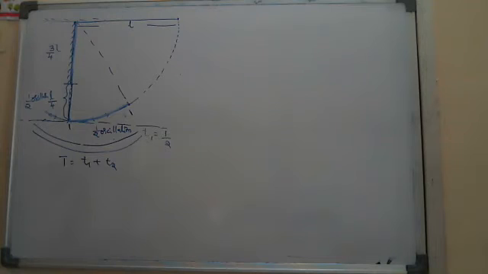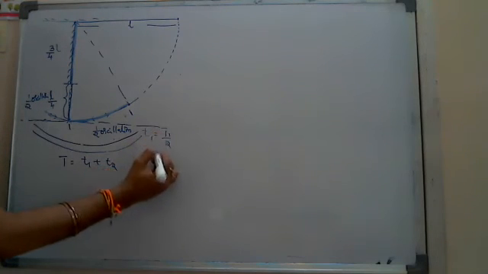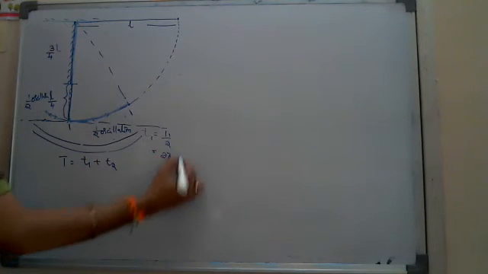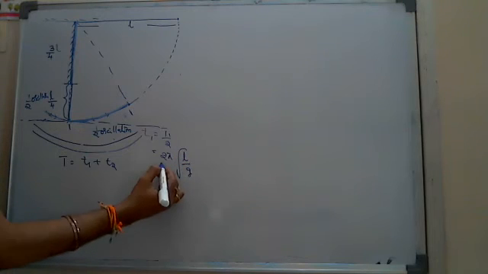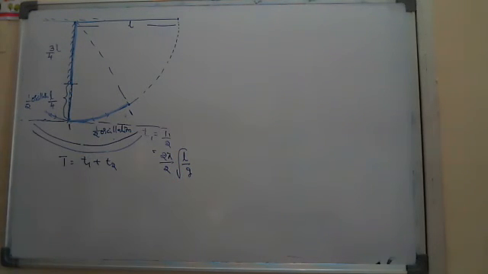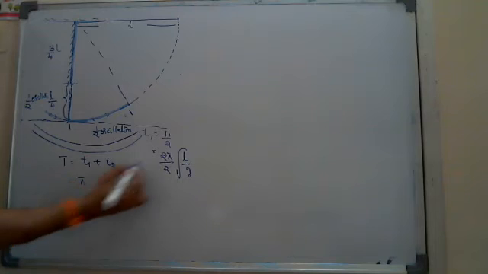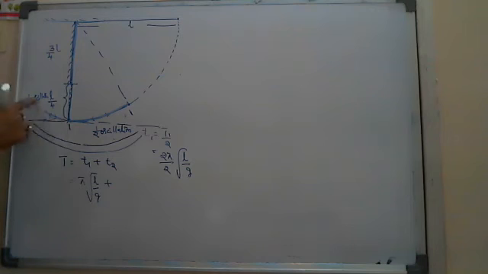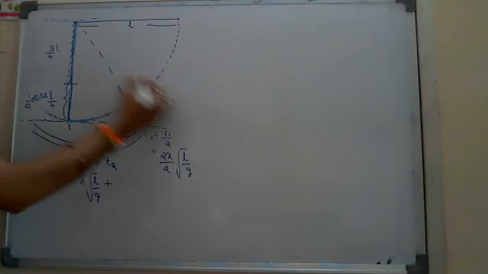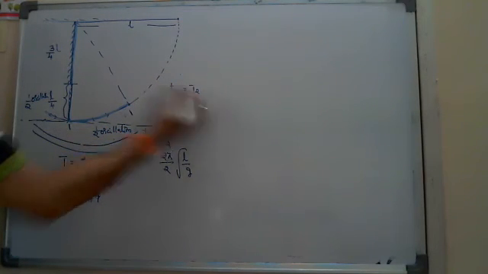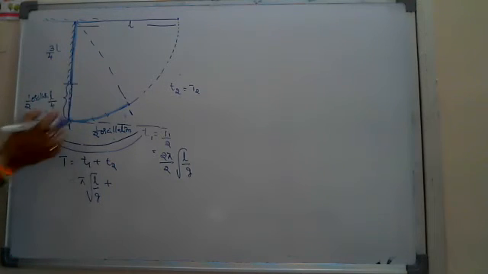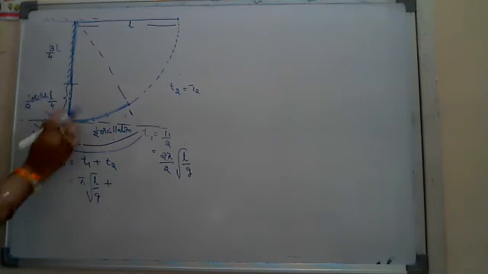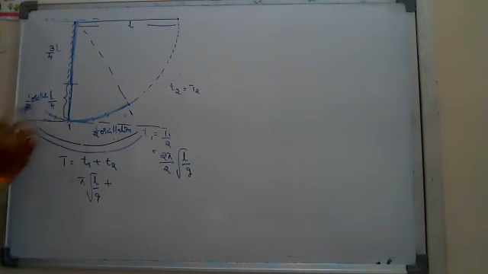Since the oscillation is half of its time period, the time period we write is 2 pi root of L by G, in that half. Means T1, I am going to write 2 cancel, pi root of L by G, plus, again this is half oscillation. Half oscillation means T2, I have to write in the total time period of the L by 4th part. Again the time taken to go to and fro for this oscillation will be T2 by 2.